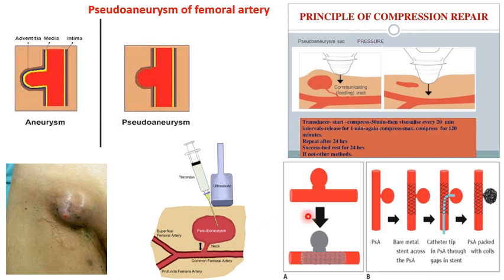Another procedure is, after having the stent put in here, another catheter is passed through which the whole of the pseudoaneurysm is filled with coils, so that no blood enters the pseudoaneurysm, and the aneurysm will not grow any further and will get absorbed and cut off here. So these are the few procedures that are followed to treat the